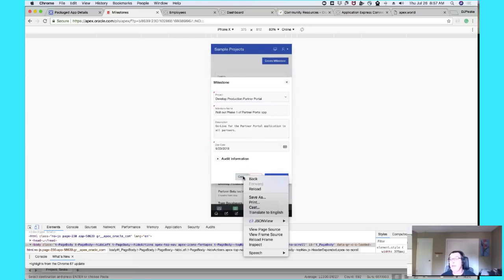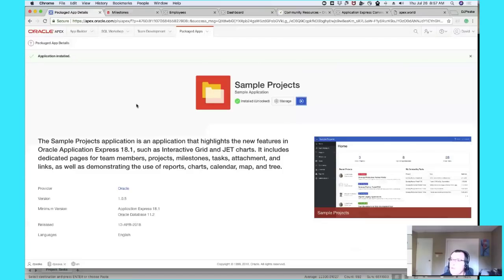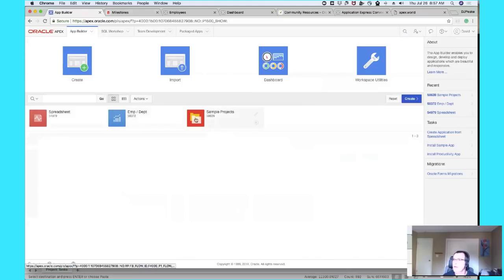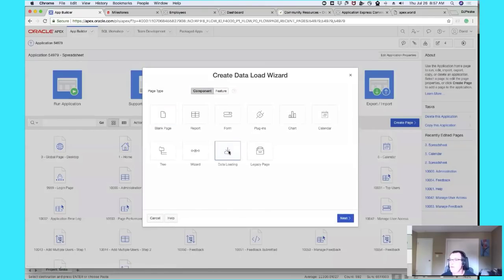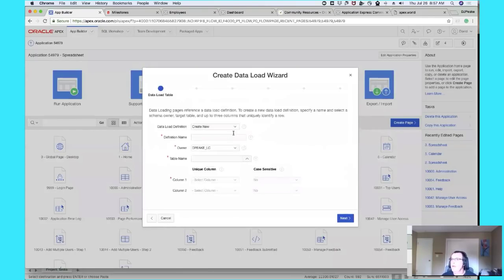Now, the important thing is these are not native applications. These are running through the browser on your mobile device. So the question was about being able to allow end users to upload a spreadsheet into an application. If I go in here, I'll just go into this spreadsheet application. We actually have a wizard to allow you to do data loading. And basically,